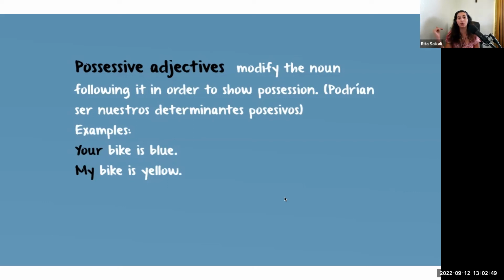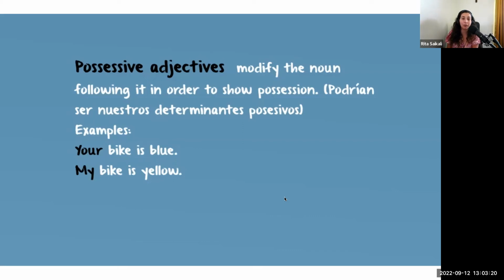His car is white. Again, what do we have? We have the possessive adjective followed by a noun. His house, his car is white. All right. So always, whenever you're in doubt, look to see if it has a noun following it, then it is a possessive adjective. So what are the examples that we have on the screen?